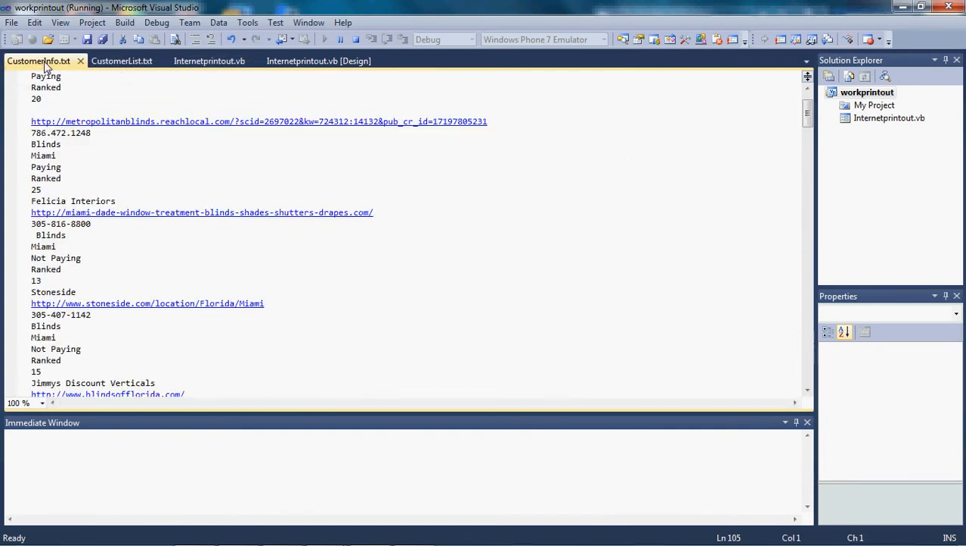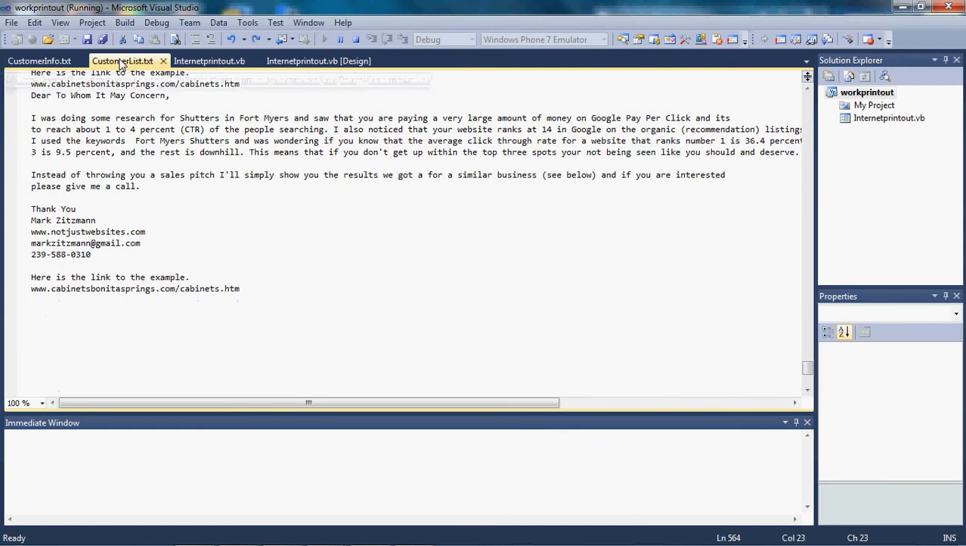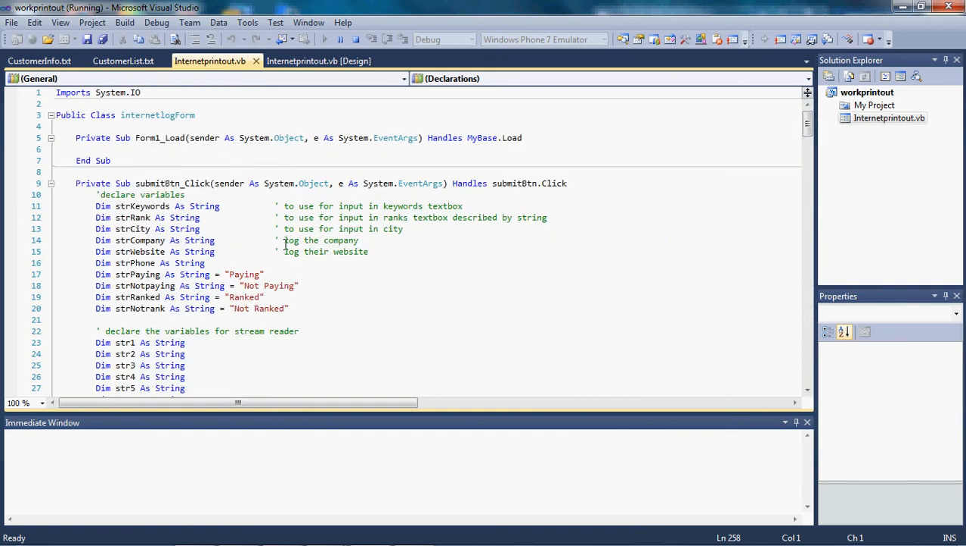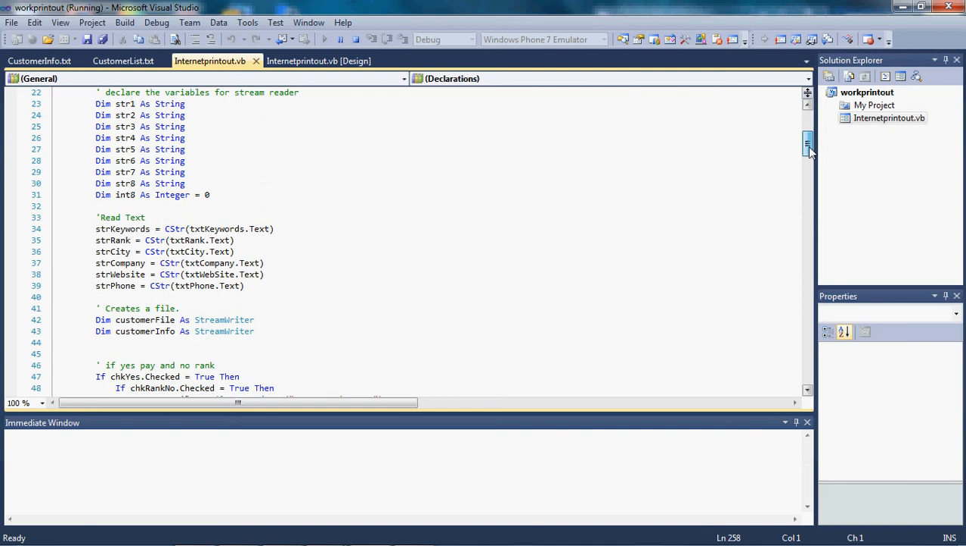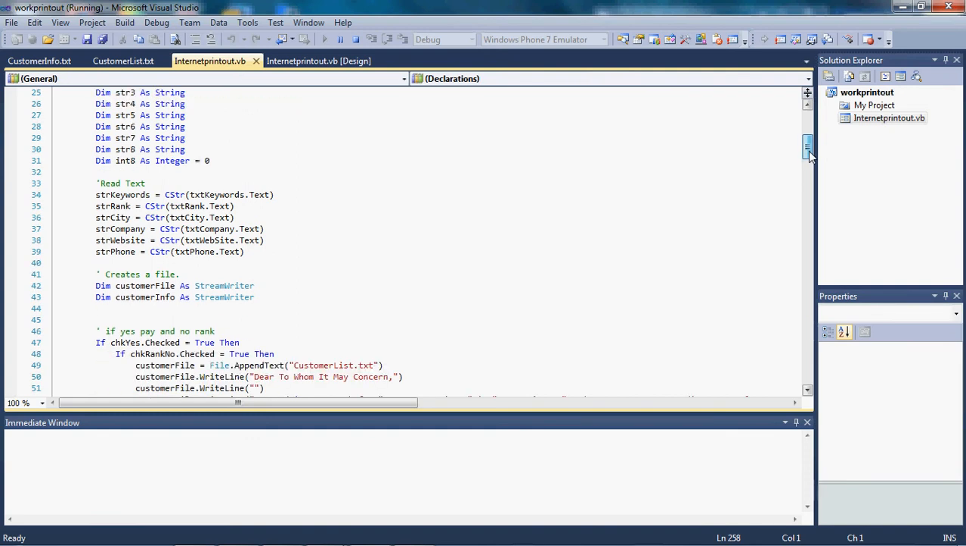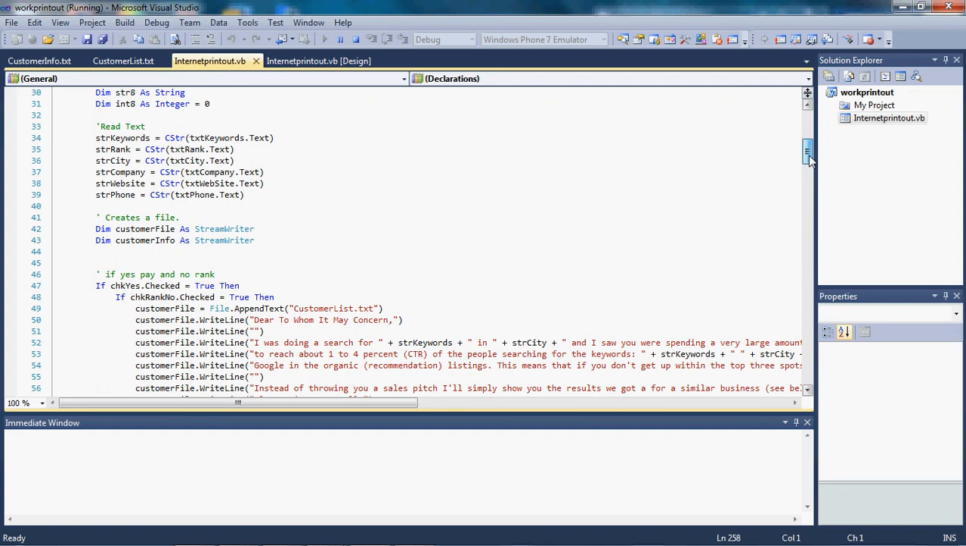Here, look. You can see how it'll write it down in the customer info file. Here's the code for it. So it basically creates variables, and as I go down, it takes in from the text boxes into those variables. It puts what came from the text boxes into the variables. It creates two file names